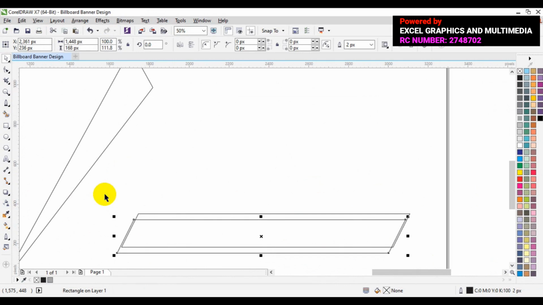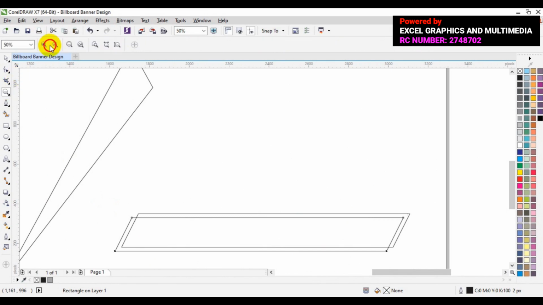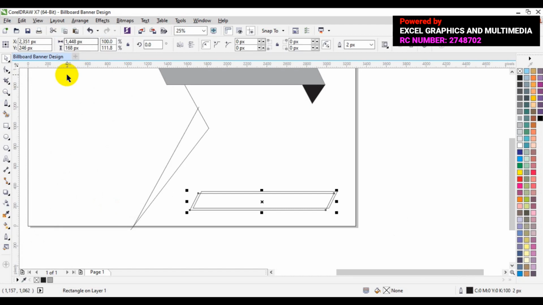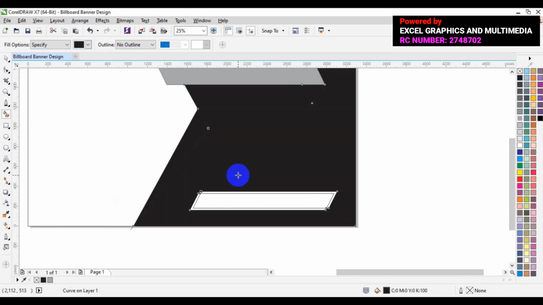Okay. It's much good. So I'm good with that. So what I'm going to do next is to go back to my smart fill now. I will fill this place, then I will fill the entire shape. So I will fill this, then